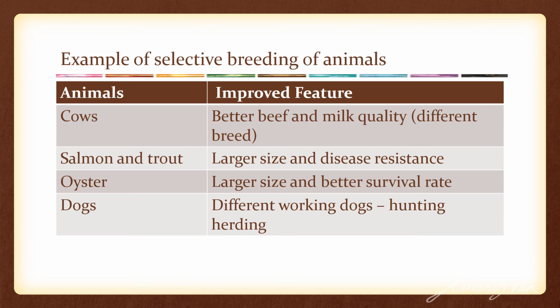So actually this is all for artificial selection. As pointed out at the front, the learning objective is for you to be able to state the plant or animal and how selecting those features can bring about economic benefit. So I will leave you with some